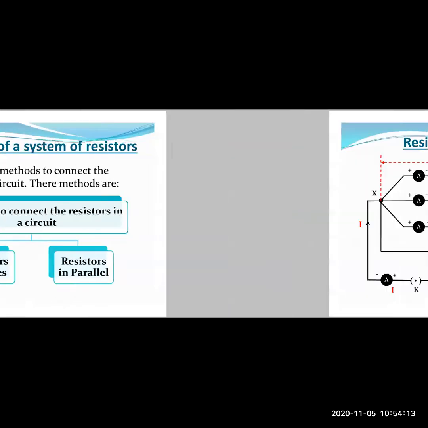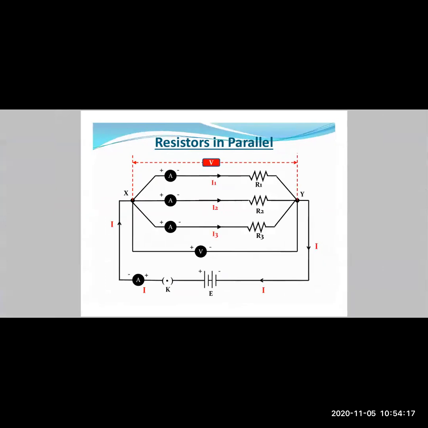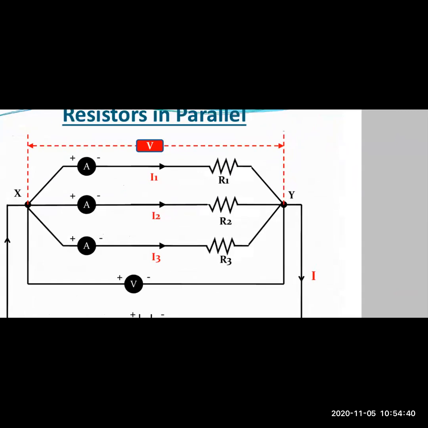Okay, so let us imagine a circuit. Let us analyze this circuit where you have different kinds of components. At the bottom, you have E, which is your power supply. Then you have K, which is your plug key. Then you have the ammeter A. As you go across towards the top, you have those 2 points, which are X and Y. Now, between those 2 points, you can see resistors R1, R2, and R3.